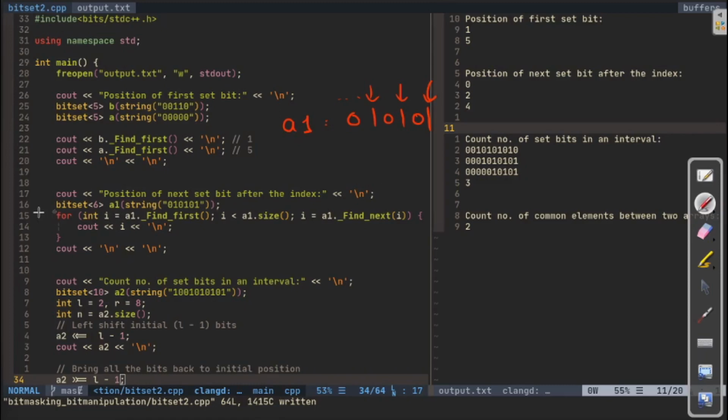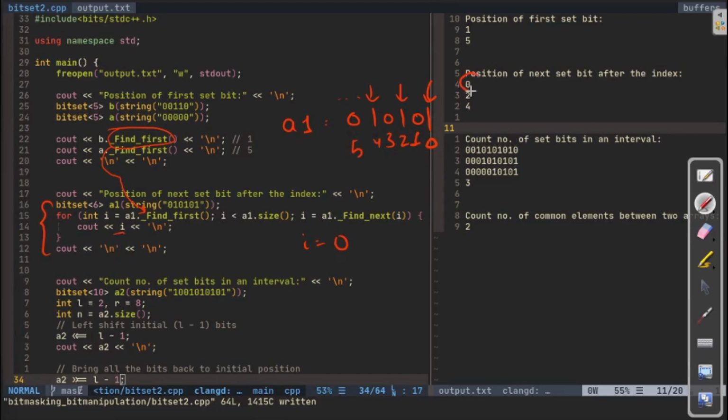We are running this for loop right here. First we are putting the first set bit inside an integer i, using the function we saw in the first part, right here inside the for loop. Inside i we will get the position of the first set bit, which is this one, 0. Let me index these 3, 4 and 5. So we'll get 0 first, and then we can print it out.